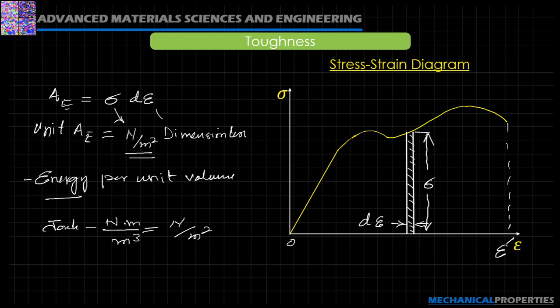So the area under stress strain up to any point will represent the energy per unit volume. So the area under stress strain diagram up to any point represents in fact the energy absorbed per unit volume of the material. And if we calculate the area of stress strain diagram till the fracture point, till here, this is the fracture point, so that will be the energy absorbed per unit volume up to the fracture.